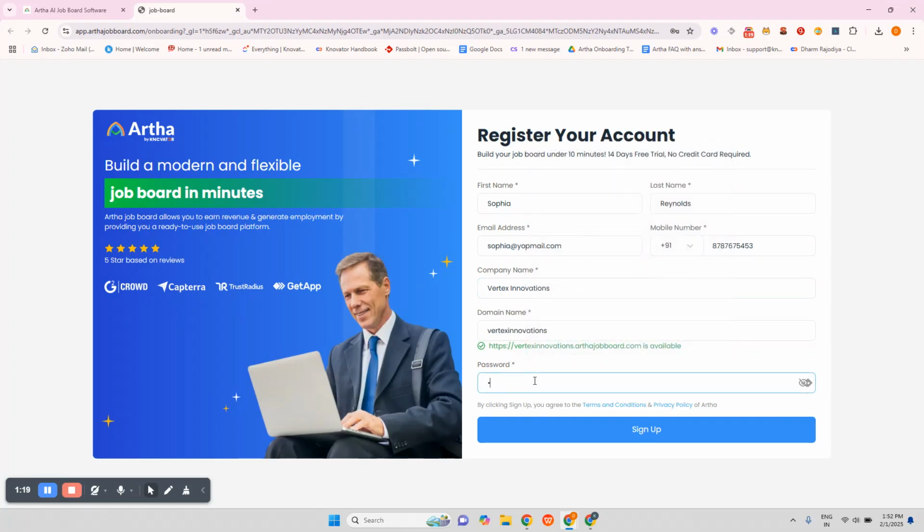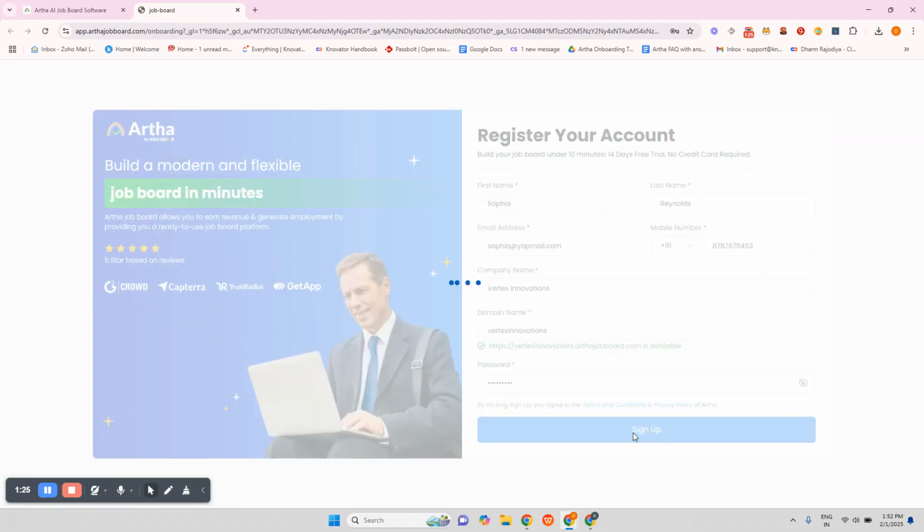Then we have to create a password. Once all this information is filled up, you just have to click on sign up.